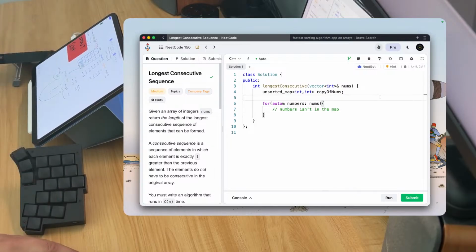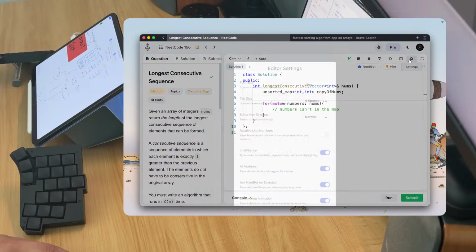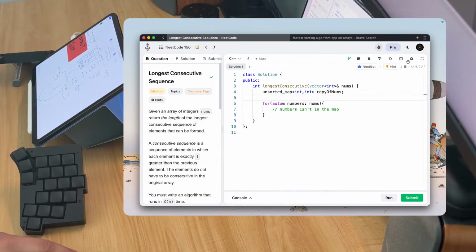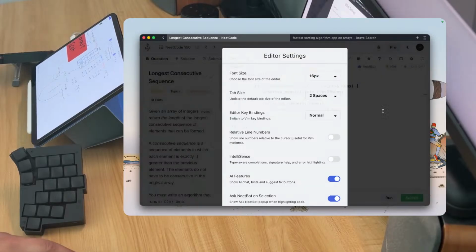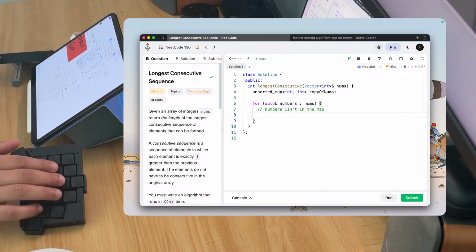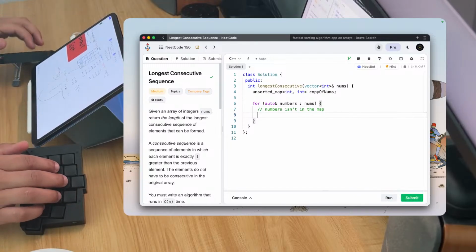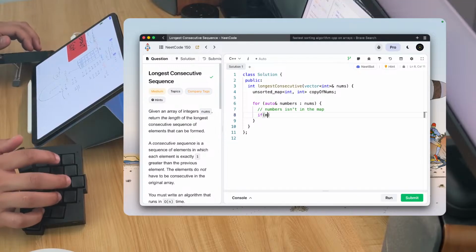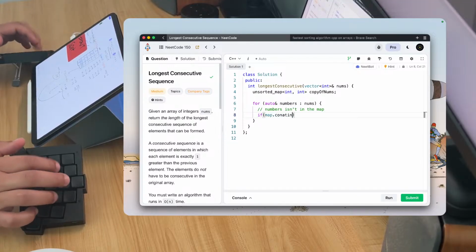Can I just turn off autocomplete? Yeah, it's just horrible. I don't like it. We can do if map.contains